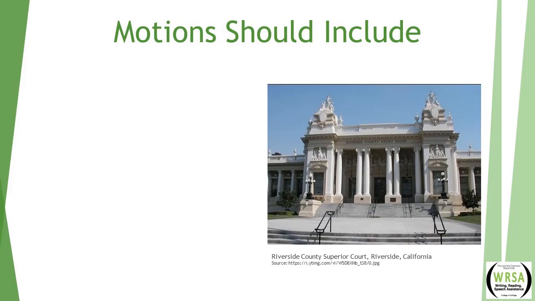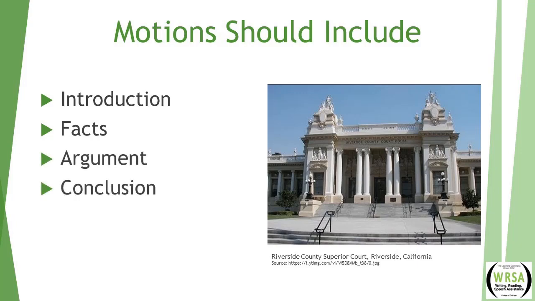So this is the overview for the trial briefs. Essentially, you're going to include 5 main sections. You're going to have an introduction, you're going to have facts, there's the argument, the conclusion, and finally the prayer for relief. Your motion should have these basic sections. I'm going to talk a little bit more about each one in turn. You can also subdivide these and combine these in a couple of different ways. This 5-section pattern is not set in stone. In fact, your argument might be the most complicated section, but we'll get to that in just a moment.